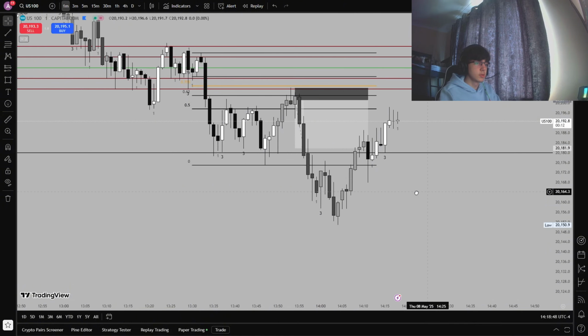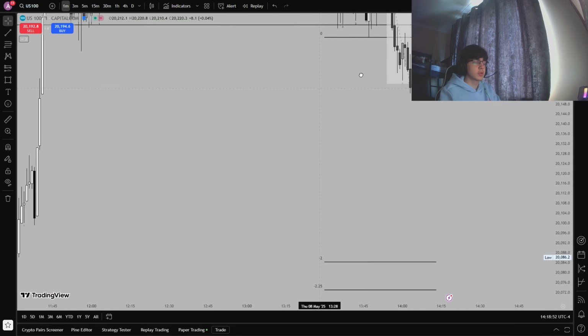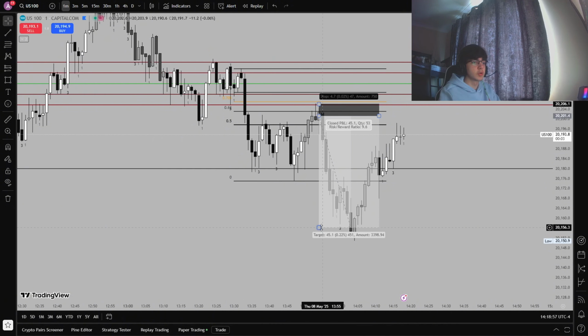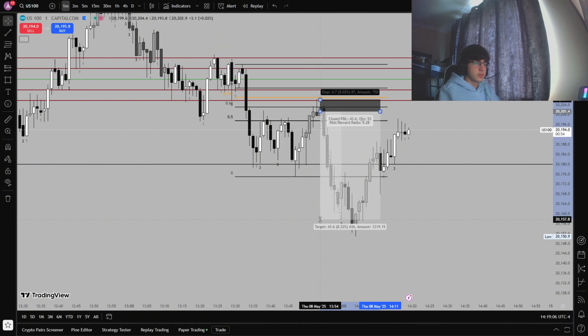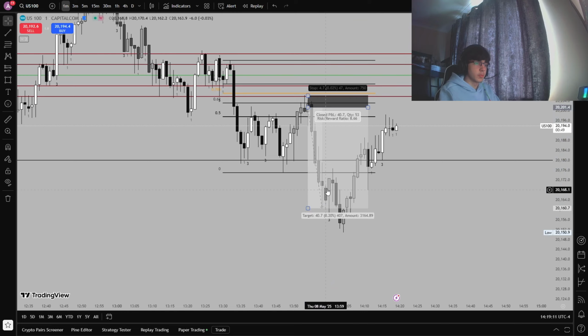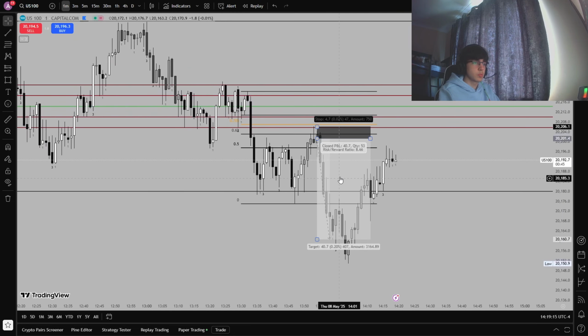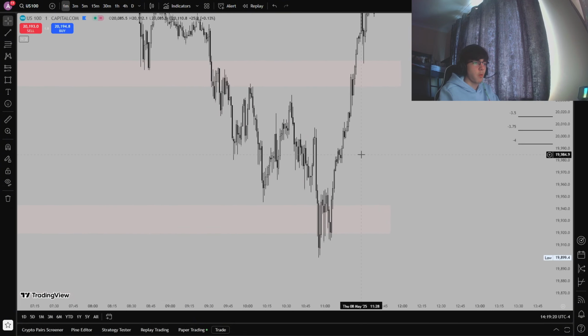My stops were here, and I'd be targeting EQ, but I had to target a take profit that would give me a $200 win because of my rule in prop farm. I took profit over here, when we wicked into it and then moved a bit higher. So this was a winning trade, and there was one more loss.